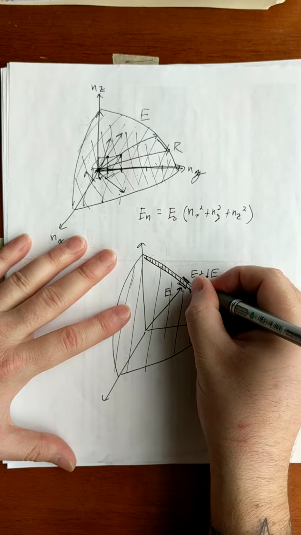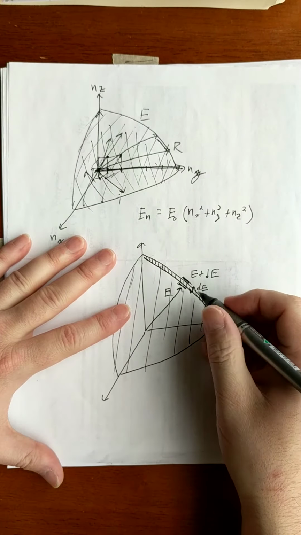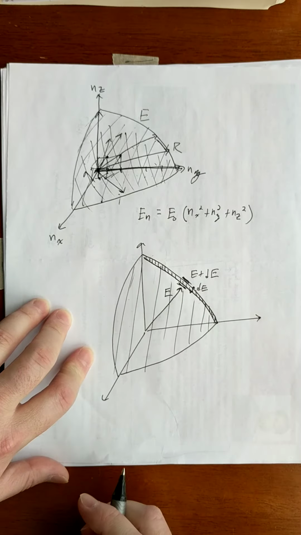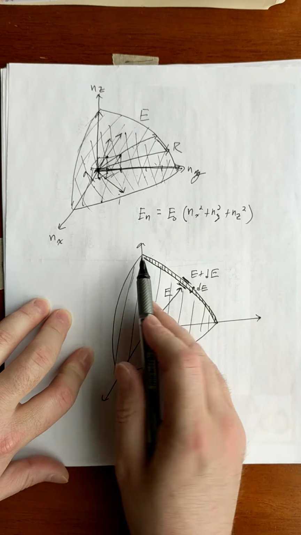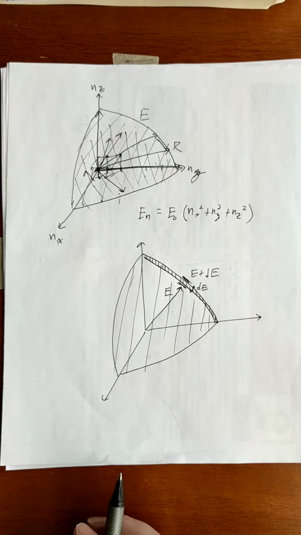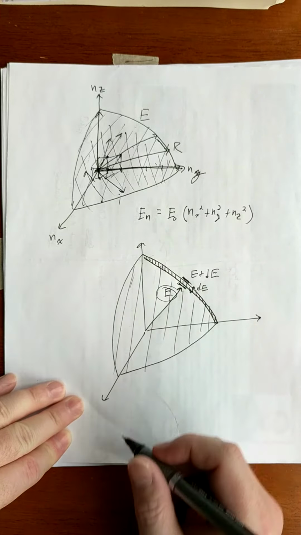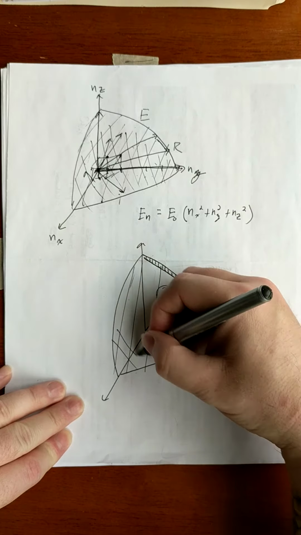So this dE, that's what we're going to be looking for, and that's what's going to tell us how many states are in this thin shell, right? That's going to tell us how many states have the same energy, which is going to give us our density of states. So we want first the total energy, which is going to be the